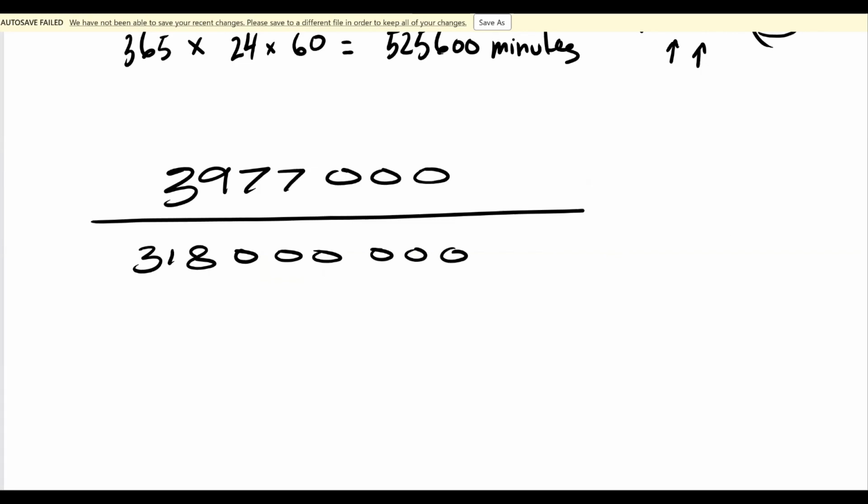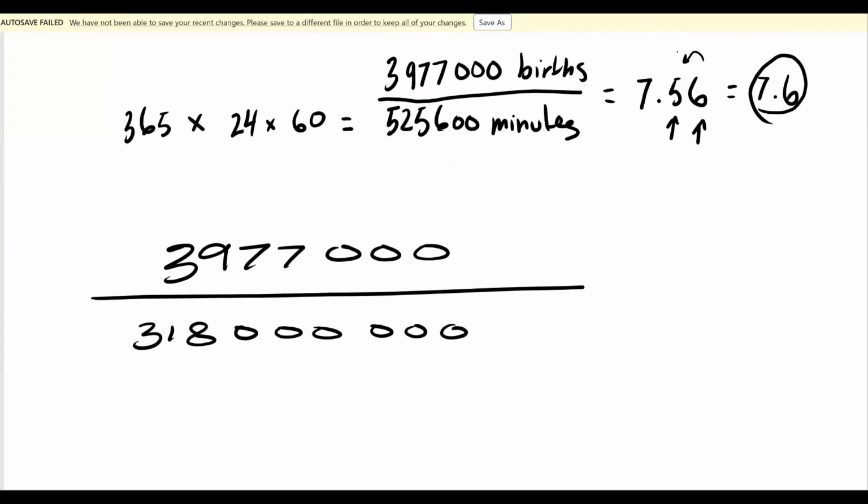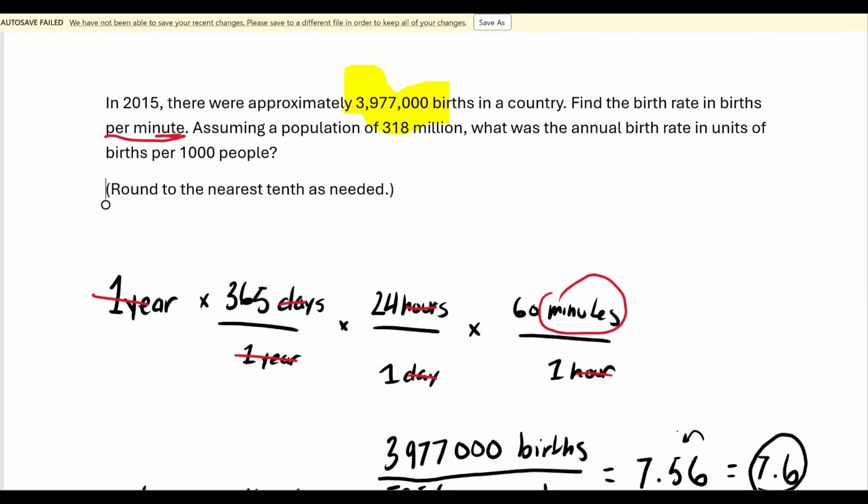We did that division. We multiplied by 1,000, and we got 12.5. Okay. Alright, so just to recap how we solved this problem: it always helps to read the question more